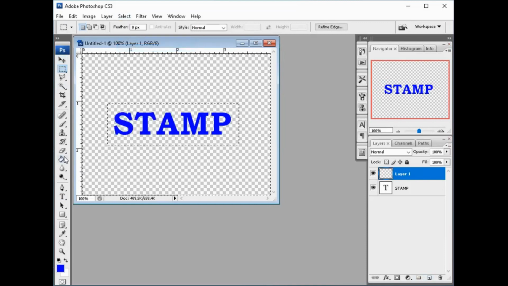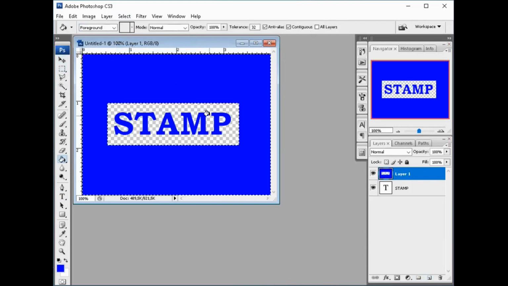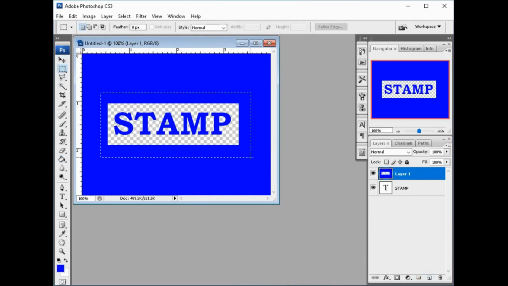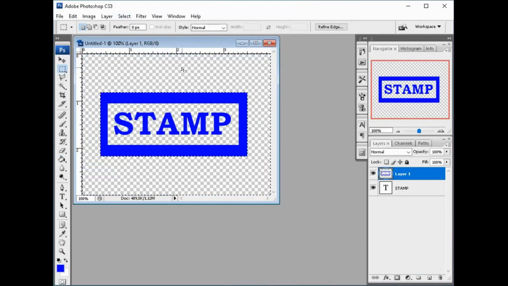Okay, Control D, and make another square like this. Okay, inverse. Okay, like this. It looks like this, the stamp.